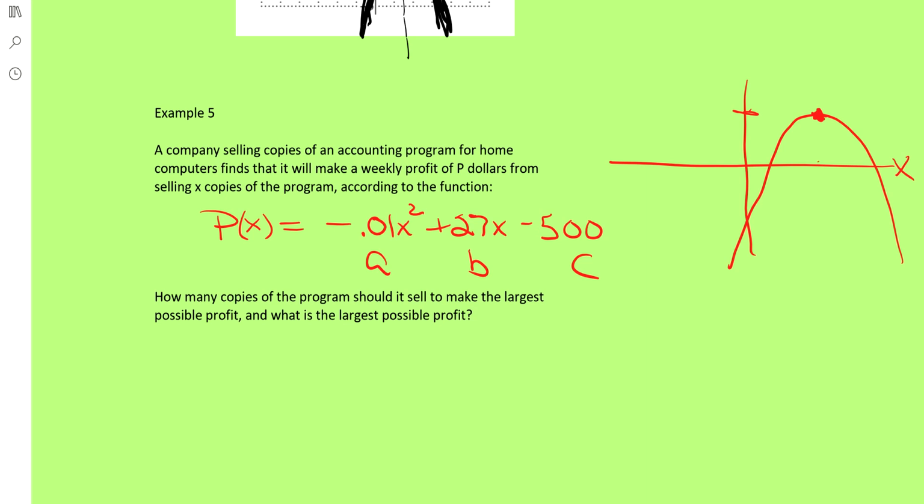And how many copies do you have to sell according to this equation? The grand total is going to be the y value. All right, so let's see. In order to do that, first find the vertex. How many copies of the program should it sell to make the largest possible